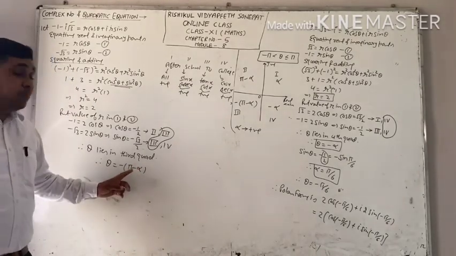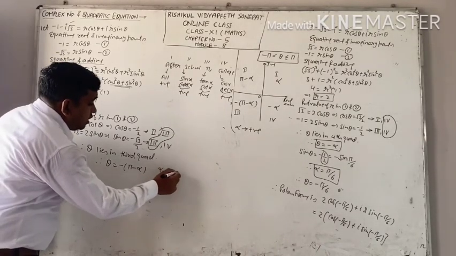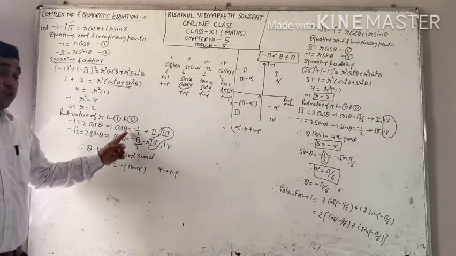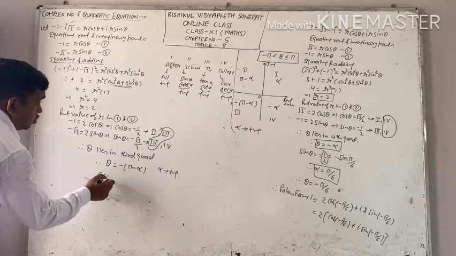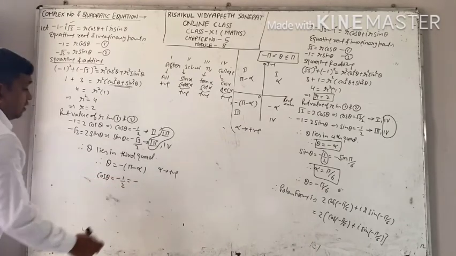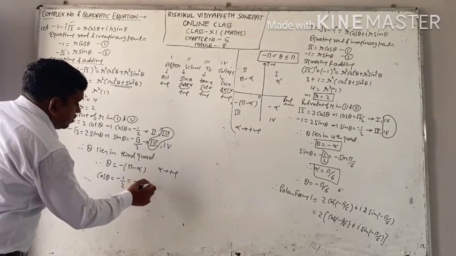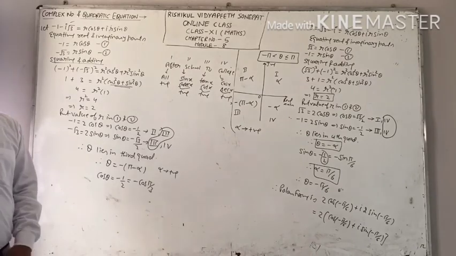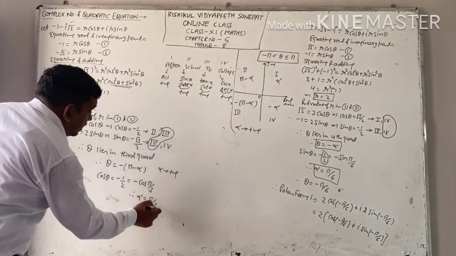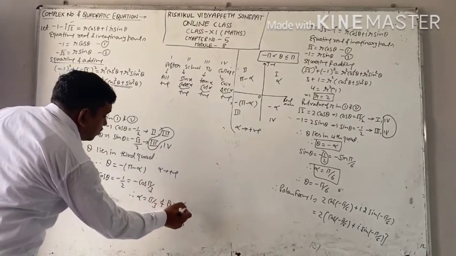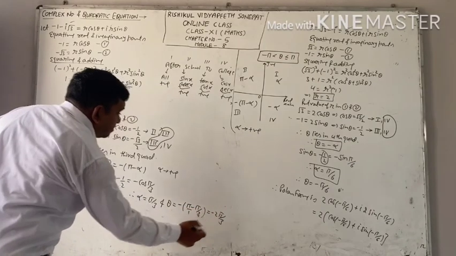Now, our main aim is to find out the value of alpha, and alpha is always positive. You can find out its value either from cos or from sin. See, this time I am finding from cos. Cos theta equal to -1 by 2. 1 by 2 is the value of cos pi by 3. Right? Therefore, alpha equal to pi by 3 and theta equal to minus of pi minus pi by 3. Simplify this one. This is your -2 pi by 3.